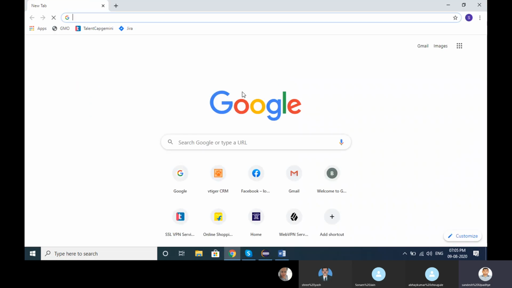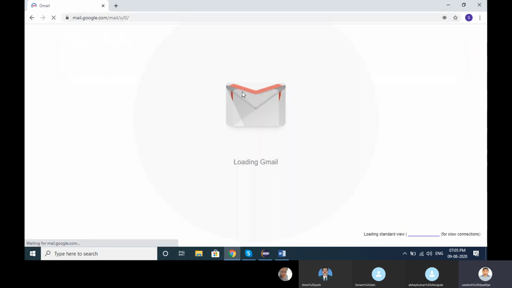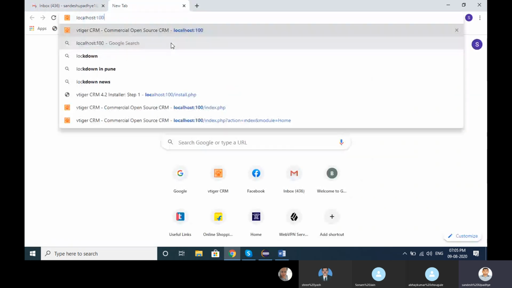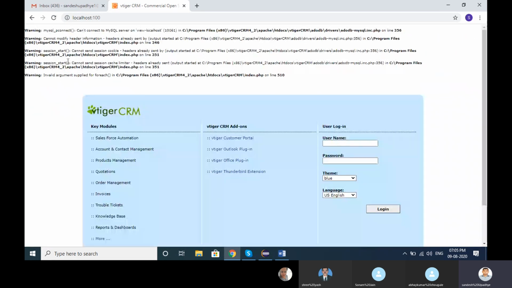Let me open it. In previous lectures you saw I always try to open one localhost with a CRM application, right? One vTiger application. I am always opening this application while working with Selenium, right?